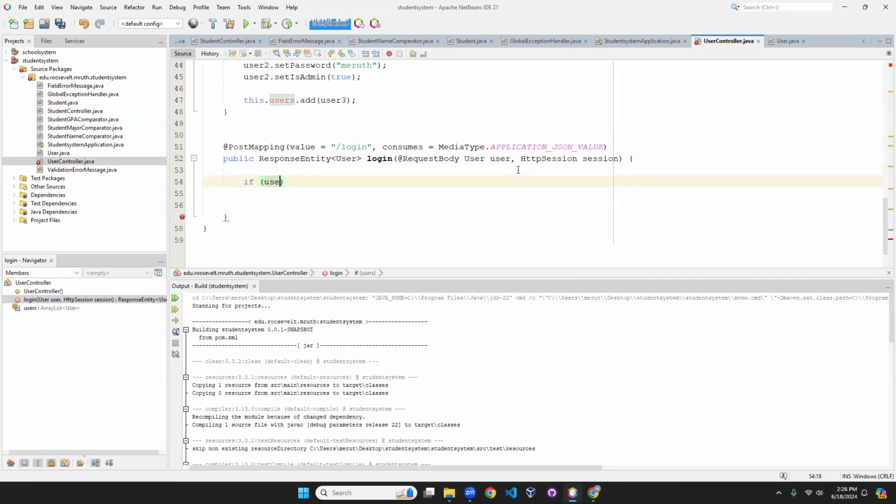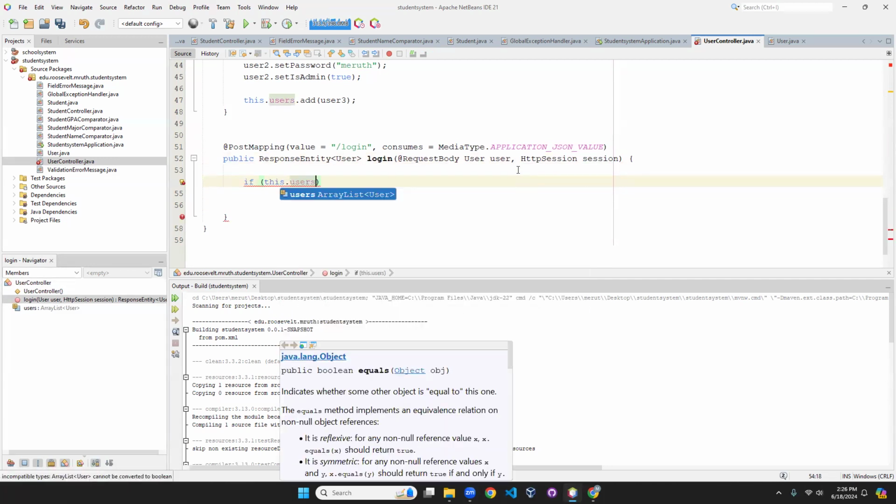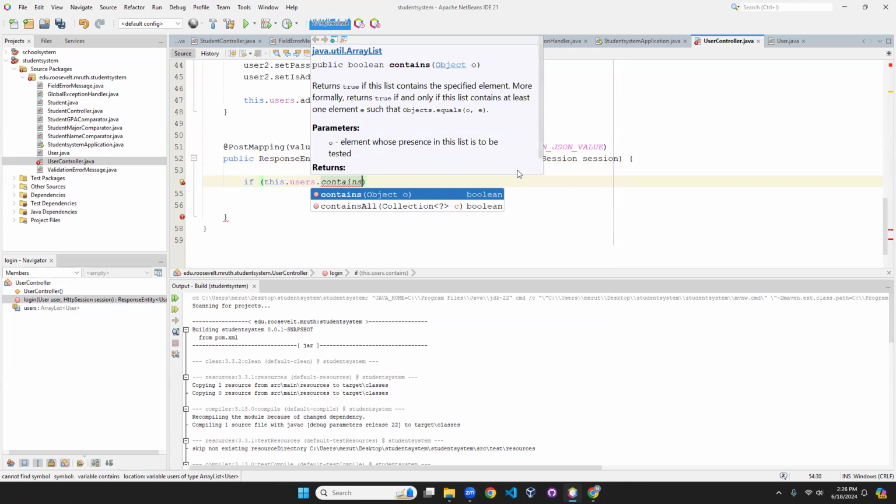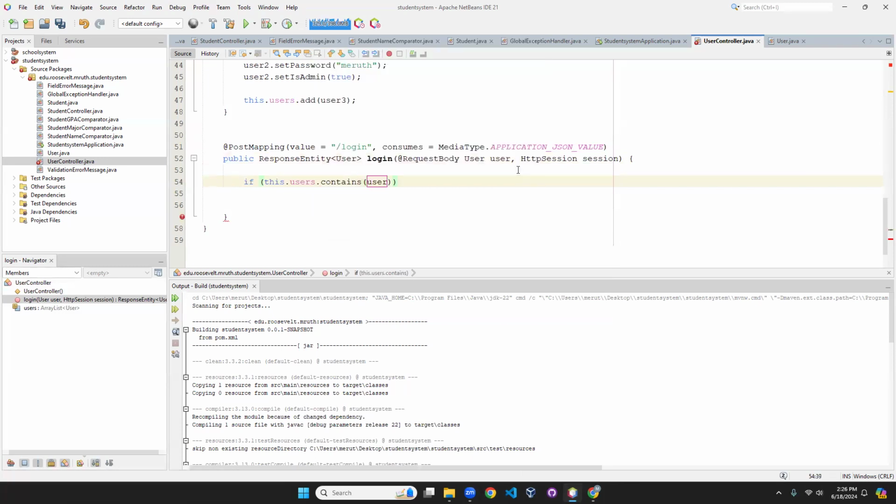users, oops, contains user, right? Username exists. Now, we're going to talk about this later, but we're going to talk about it a little bit as I go along. So